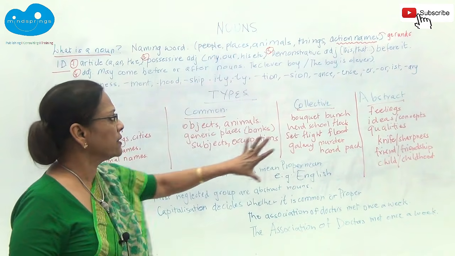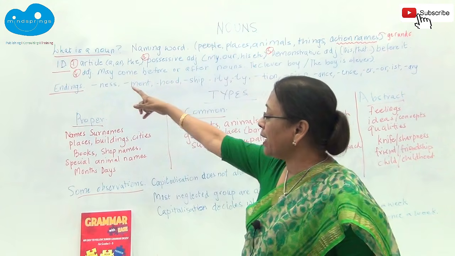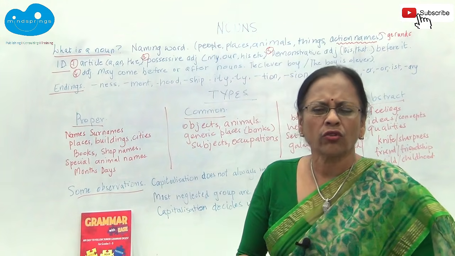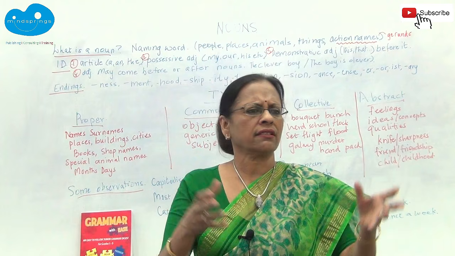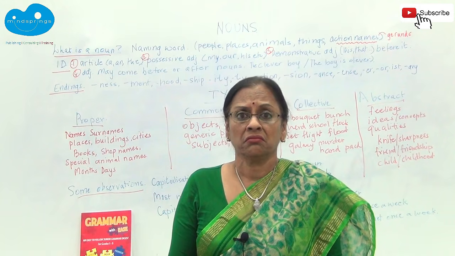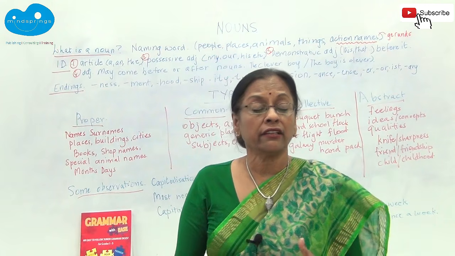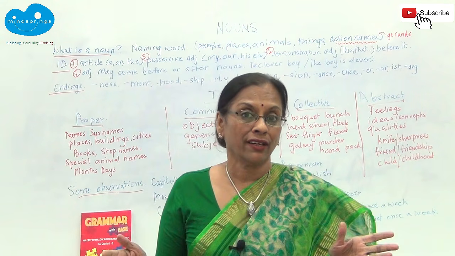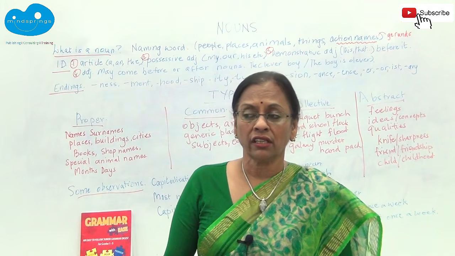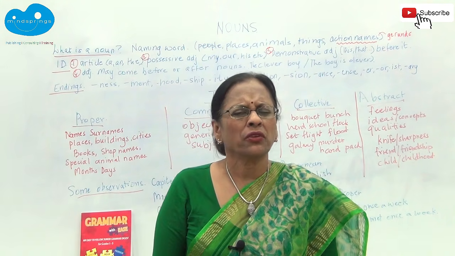Today we are going to just look at basically the kind of nouns we have and how you identify them. So I put you an ID list. How do you identify a noun? If you are in doubt about a noun, now very common nouns like your car, desk, watch, boy, girl, you will not have any problems identifying those nouns because they're easy. They're very, very simple. But when you come into more complicated nouns like the group called the abstract noun, that's where the problems begin. So if I ask you about gravity or democracy, or I ask you for predicament, or I give you words like that, you have no idea what part of speech it is.